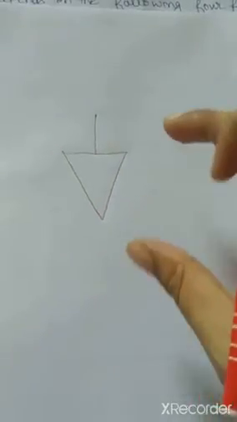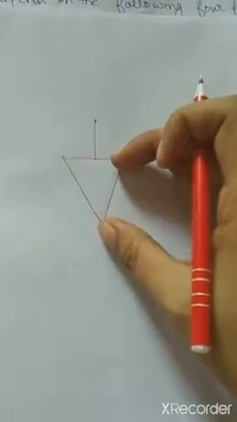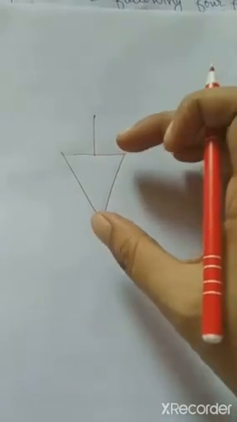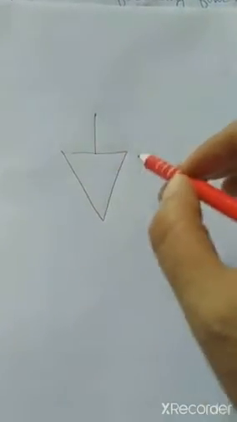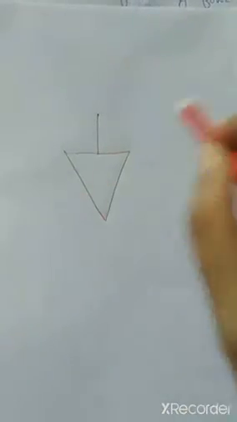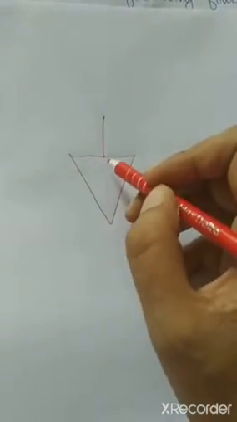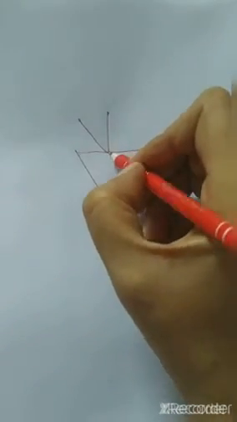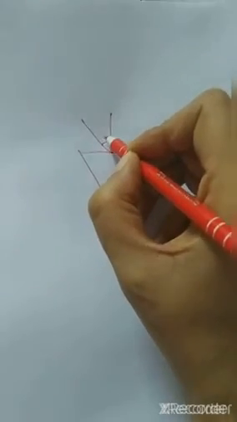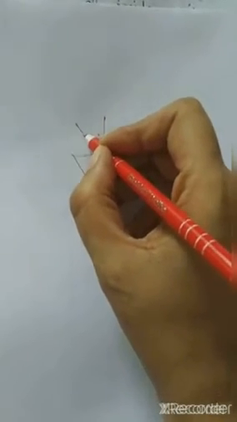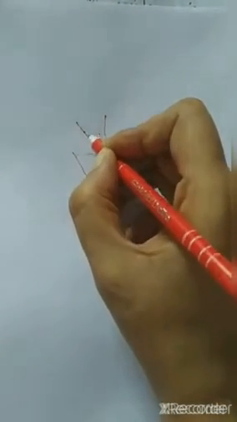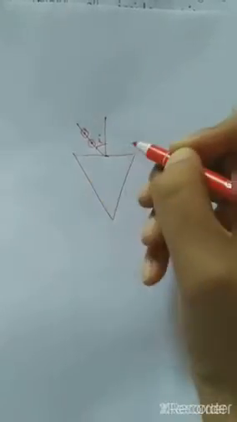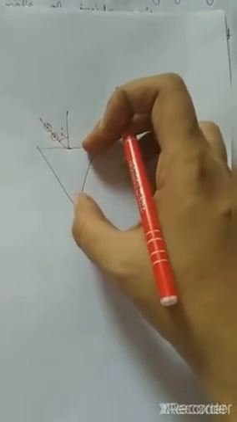So here also, first we have to keep the prism on the paper in such a way that we get the triangular outline of the prism. Now you have to draw a normal from the middle point of this face of the prism. From any angle, draw an angle of incidence. Clear? So suppose this is an angle of incidence of 30 degrees; you can start with any angle. Now you have to place two pins, one here and one here. Two pins you will place here, and then you will again keep the prism on this outline.